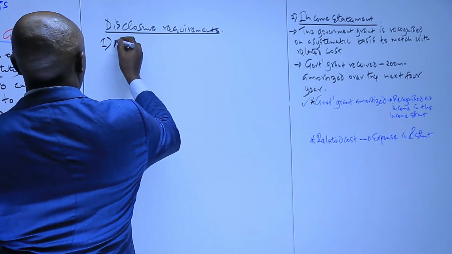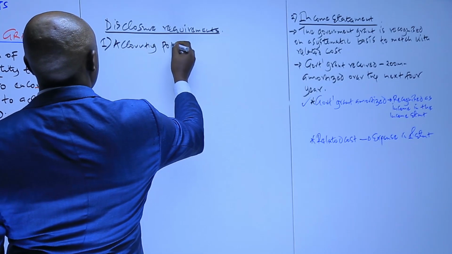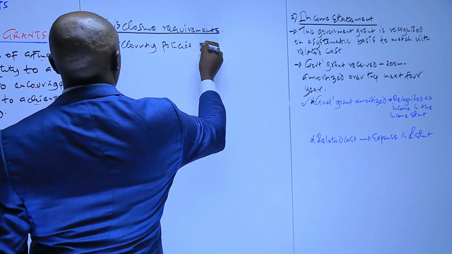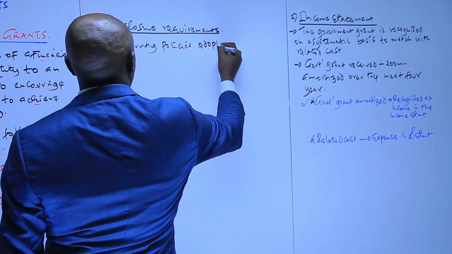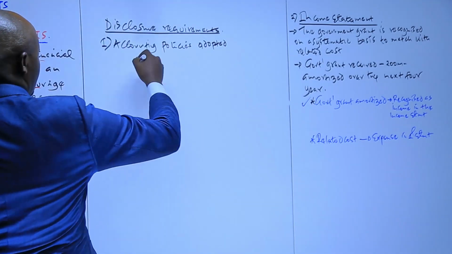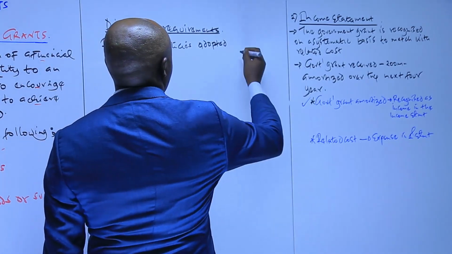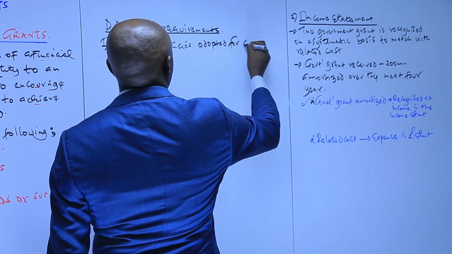So the information to be disclosed, one, is the accounting policies adopted by the entity for the government grant,